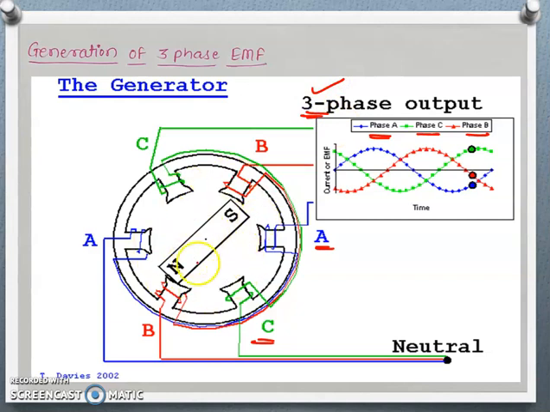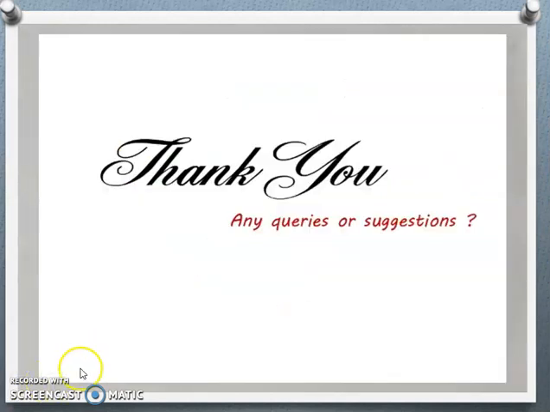So in this way, when we place 3 coils inside a magnetic field and we rotate the magnet, or either we rotate the coils, then we will get the 3-phase EMF. In this way, we can generate the 3-phase wave. This is all about how to generate the 3-phase EMF and what are the advantages of 3-phase system over single-phase system, why we use 3-phase or single-phase system for generation, transmission, distribution, and utilization.